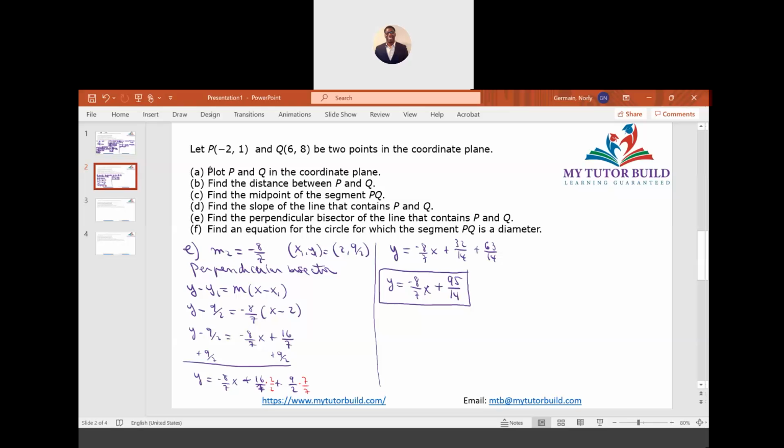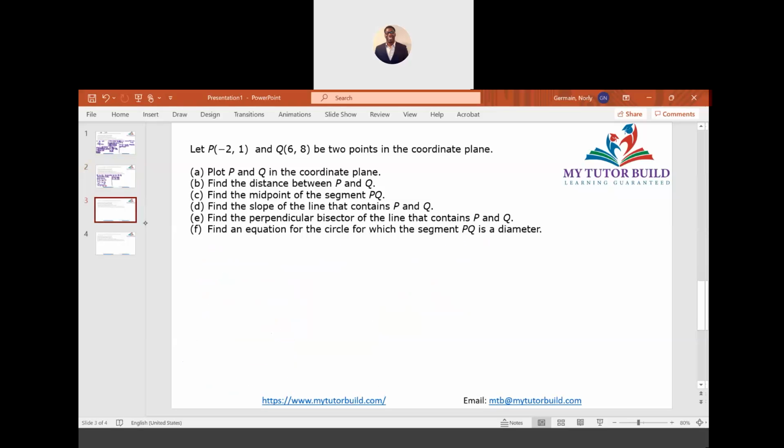All right, we answered those questions. We're going to continue to answer the last questions. I'm going to go on a different slide also to do F, because that's the one we're going to do. For this one, they ask us to find an equation of the circle for which the segment PQ is a